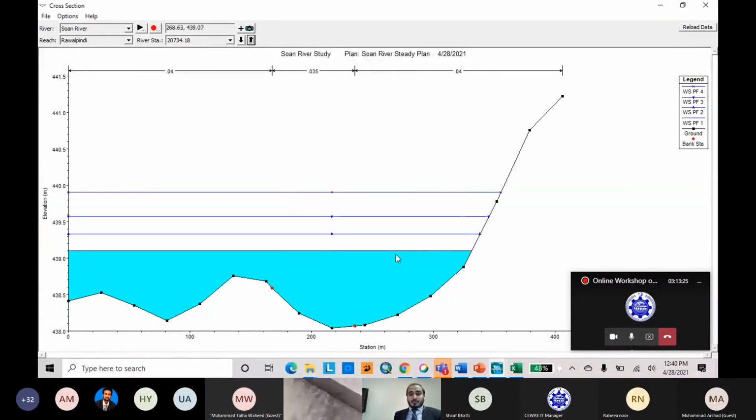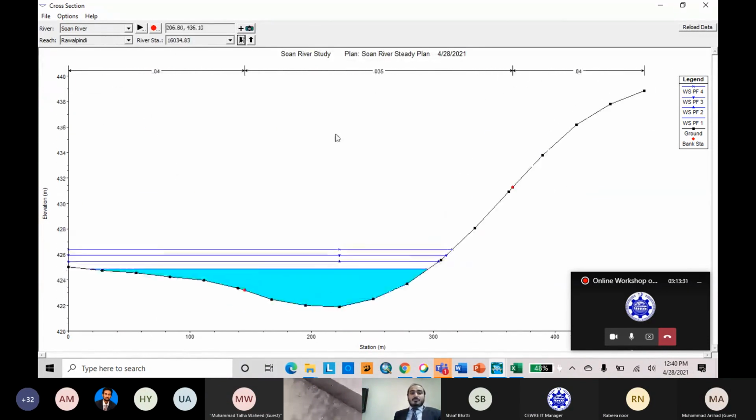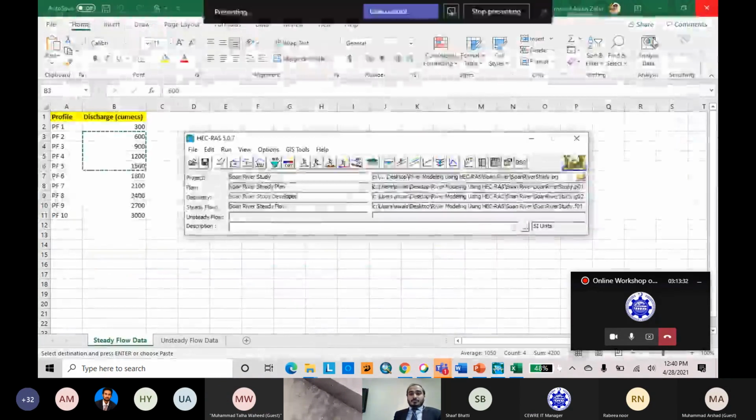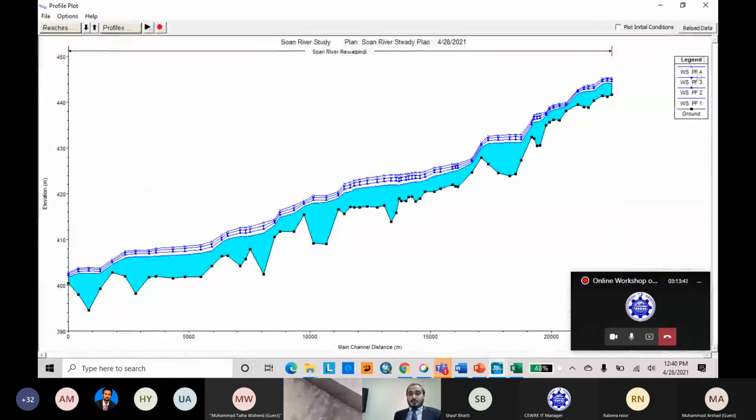Here are profiles 1, 2, 3, and 4. These are the water profile plots for the whole study reach against PF1, PF2, and PF3.